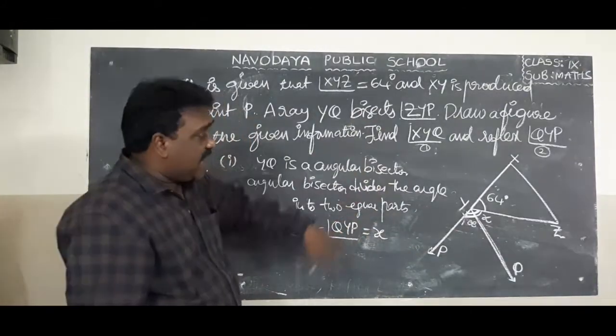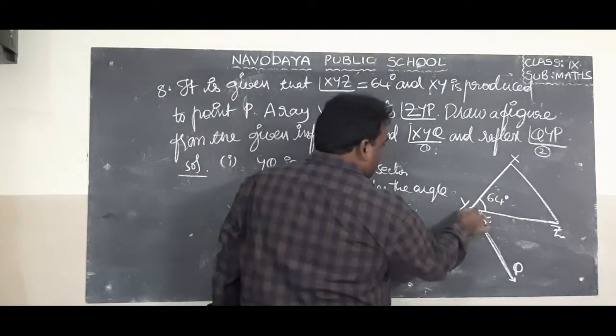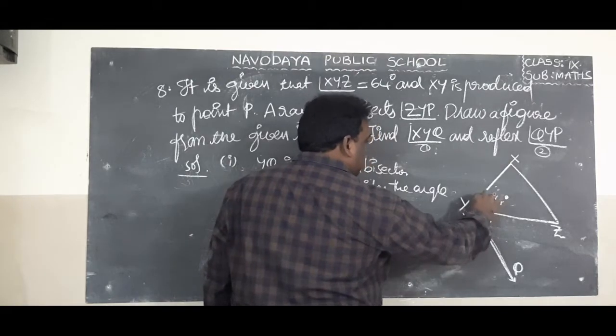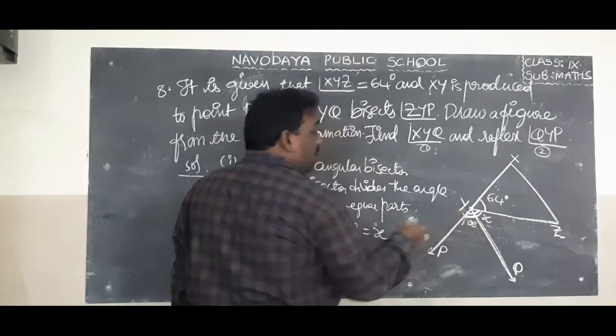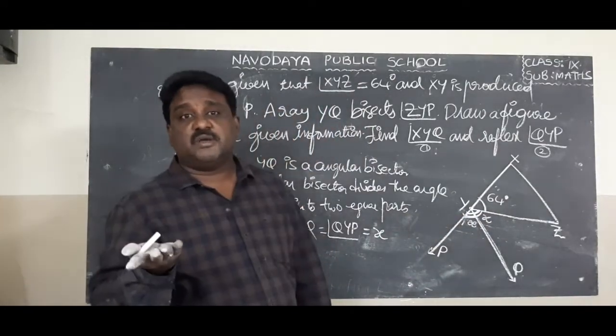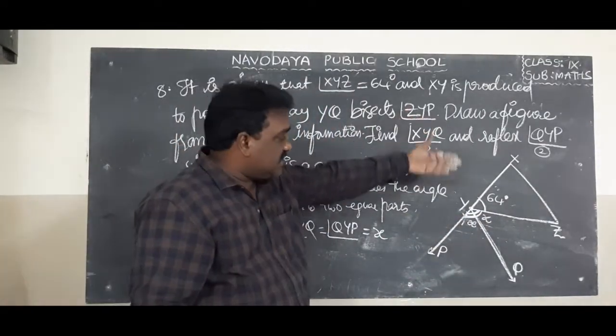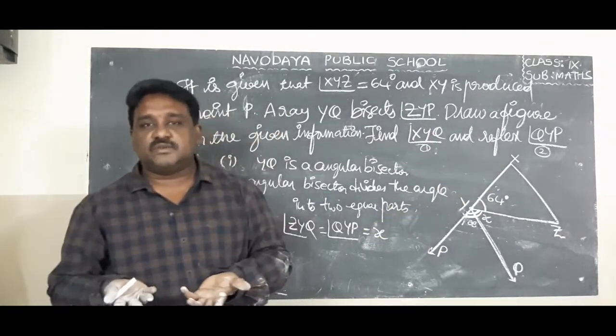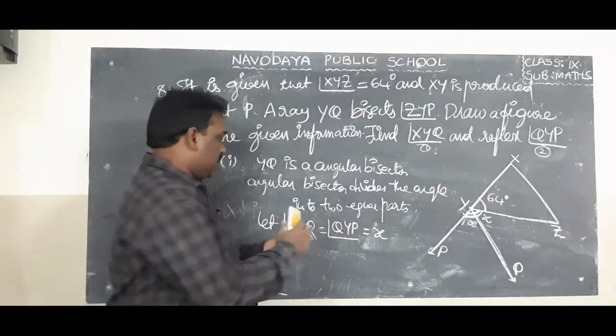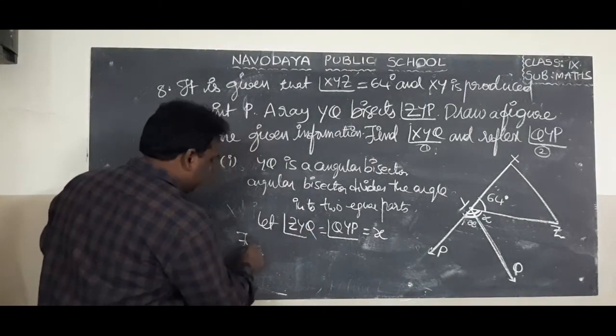Then totally how many angles are there at Y? Total 3 angles. Number 1, 64. Number 2, x. Number 3, x. All 3 together 180, because the angle on a straight line is 180. So from the diagram,